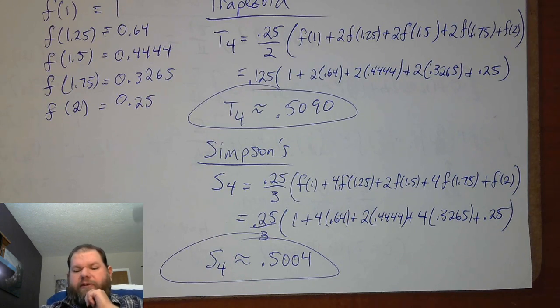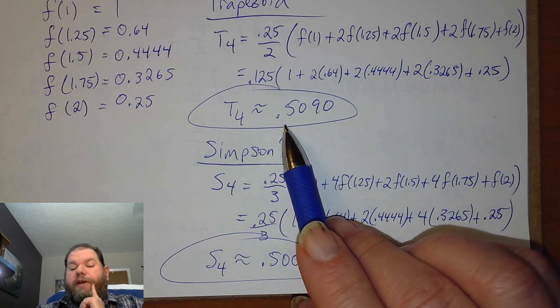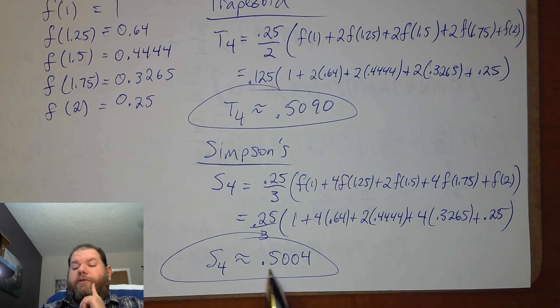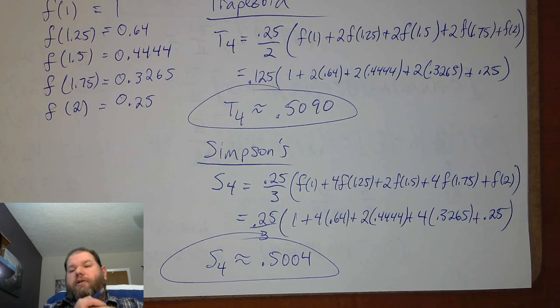Generally, the way that we say this is that the Trapezoid Rule is accurate to basically 2 decimal places, while Simpson's Rule is accurate to 3 decimal places. So 1 additional place of accuracy is essentially 10 times better in this scenario. But again, we can't necessarily predict how that's going to happen. We normally expect Simpson's to be a little bit better than Trapezoid, but sometimes the Trapezoid Rule gets lucky with the way that the divisions work out and the